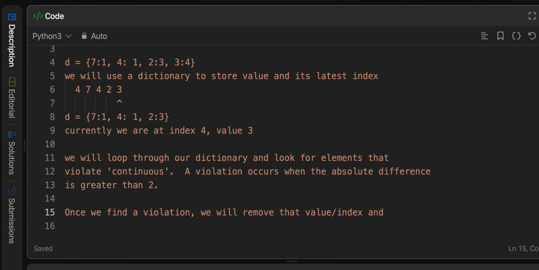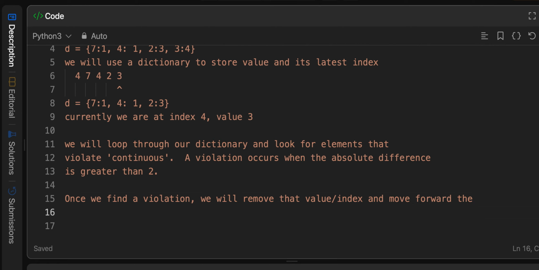And move forward the, what do we call this? We'll call this maybe the acceptable index. So let me go over what I mean by that. Suppose we're at 3 here, and we want to loop through all of the previous values that were acceptable. So before we get to 3, we would have